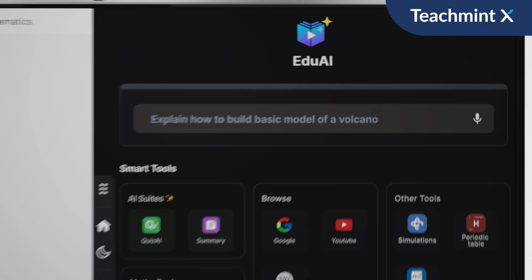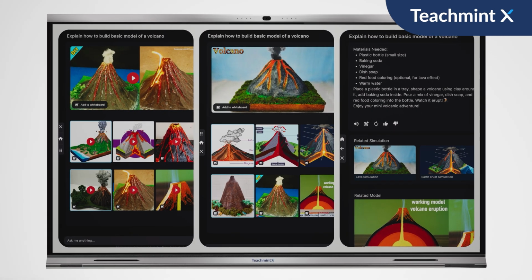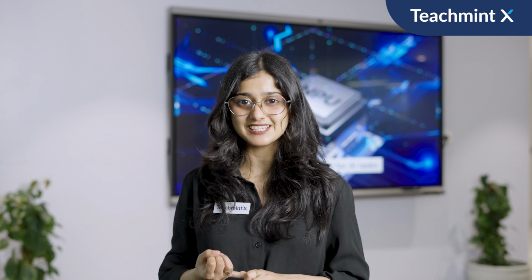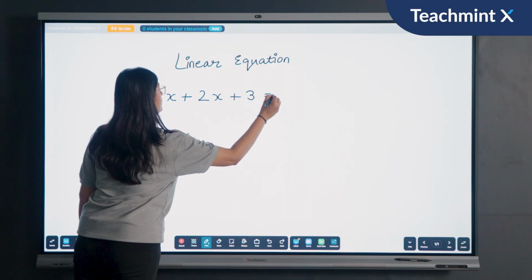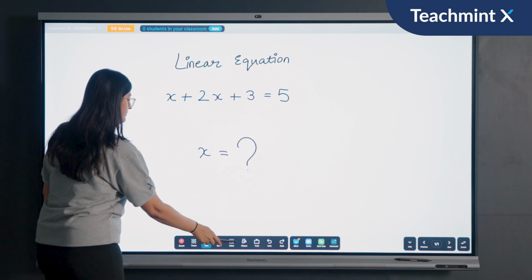Another important point, the RK3576 used in Teachment-X also includes a dedicated neural processing unit. NPU is a special AI engine that accelerates tasks such as image processing, handwriting recognition, autofocus tracking, and all AI-powered classroom features. This means you're not just getting a faster processor, but also a much smoother AI experience inside the classroom. In fact, we have a TOPS score of 6, which is 2 times higher than other AI-powered flat panels.